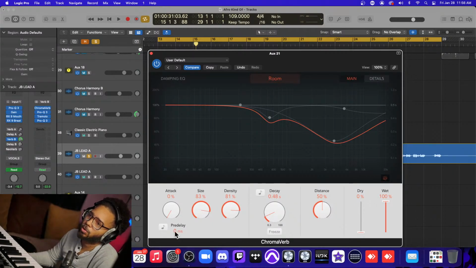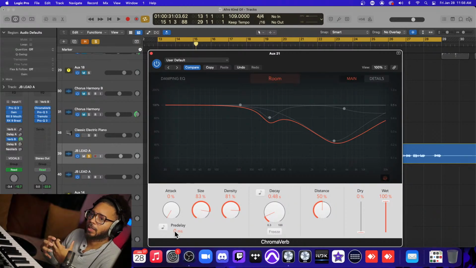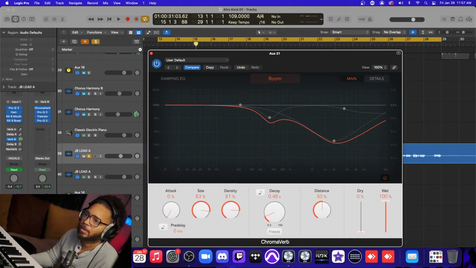usually a shorter pre-delay is gonna give you a more washy sound because your dry vocal is gonna be playing exactly the same time as the reverb. So it's gonna give you a more washy, what we call wet, sound. The reverb is going to be taking over the whole sound, so you're almost getting a new vocal sound. But with your pre-delay set up, you start to